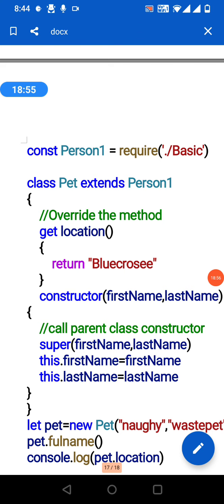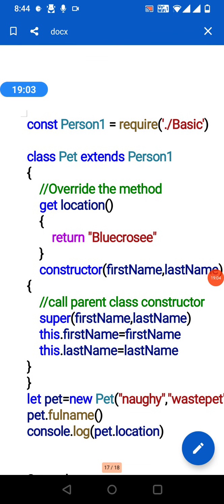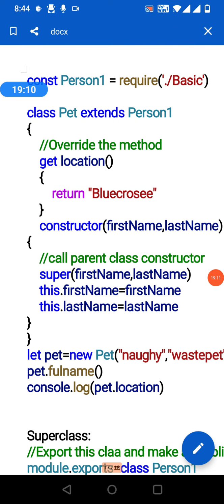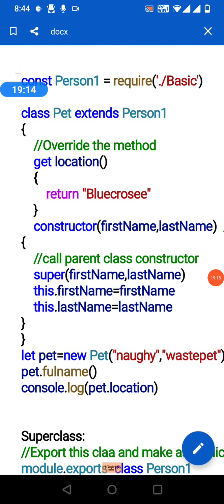When you give extends person 1, it will take all the values from the person 1 class file. To override any method, we can give get location equal to, and inside we can give other text. It will directly override, no need to give an override tag. And then constructor: for this class file, we can give a default constructor.